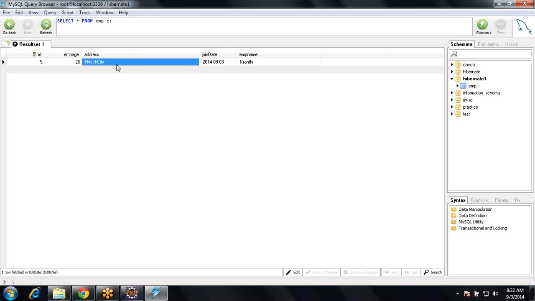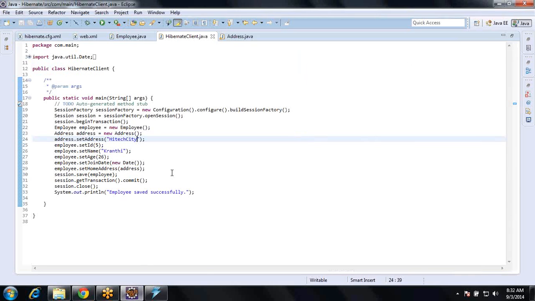So this is generated, it takes it as address. So this is about embedding. This is about embedding. Okay. In tomorrow's session, we will